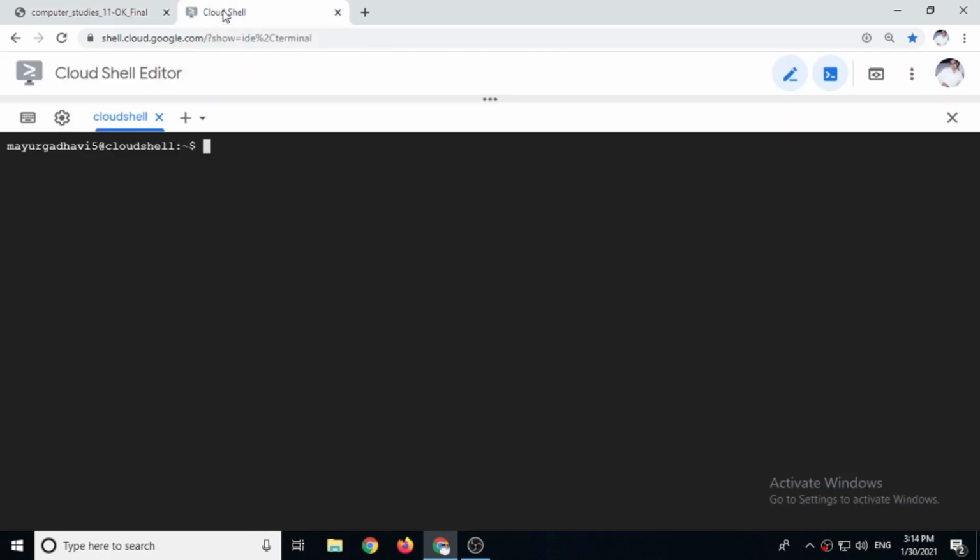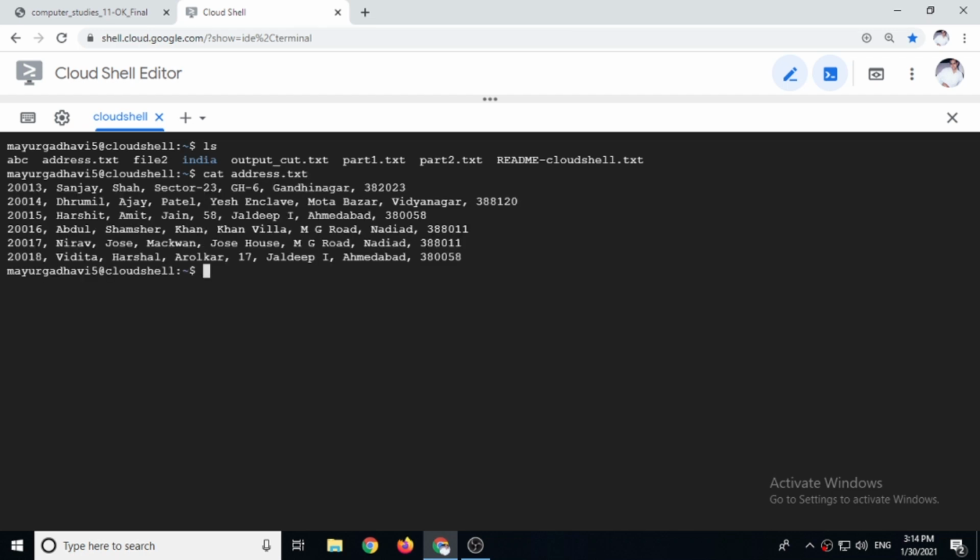Our cloud shell we have started already. Now here, first of all, let's see whether the address.txt file is there or not. So you can give the ls command, it will show you the list of files and directories. Now the address file is there, so let's see the output. cat address.txt. Okay, so the file is there, contents are also there.